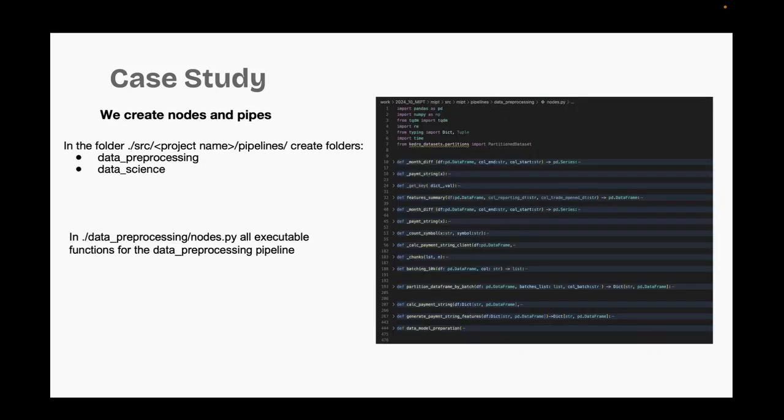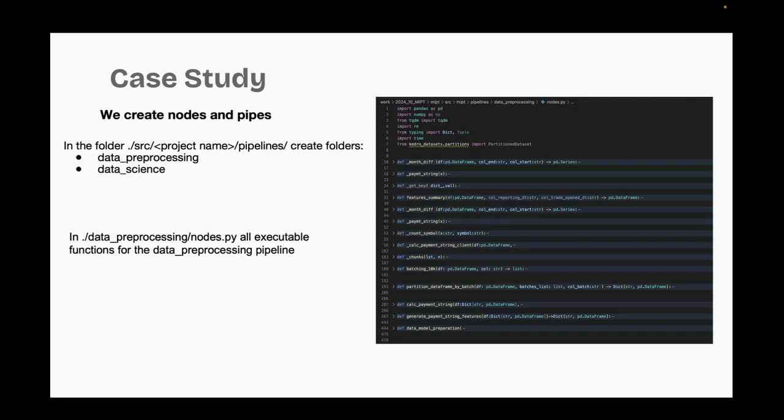Yeah, here we talked. Now we move to the core of our project, defining functions and structuring the execution using pipelines. For simpler projects, we typically create 2 pipelines, each organized into its own folder. The first one, data preprocessing, and the next one, data science. Data preprocessing focuses on data cleaning, transformation, and feature engineering, and the data science is dedicated to feature selection and model training.